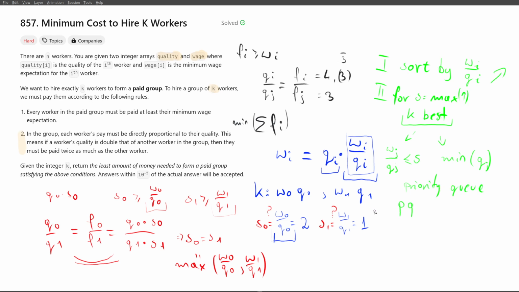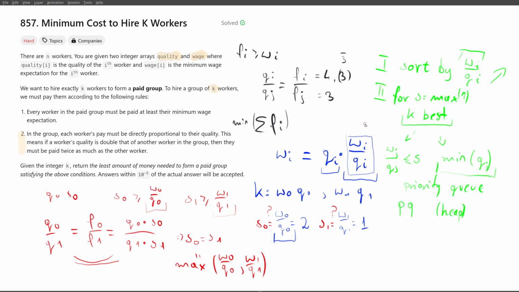Or heap, if you want, right? Of course, you can also use some binary search trees, but heap is faster than that. And this is a very standard way that we use heap. And in many greedy solutions, because this is a greedy solution, it's greedy by this one, and afterwards greedy by quality,